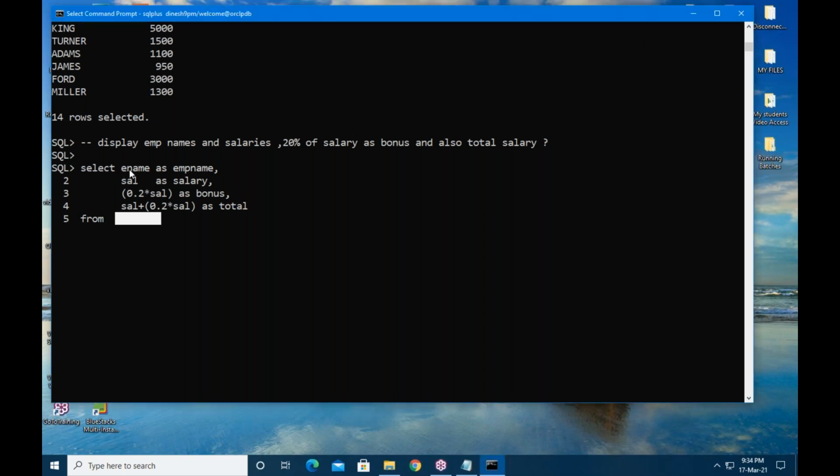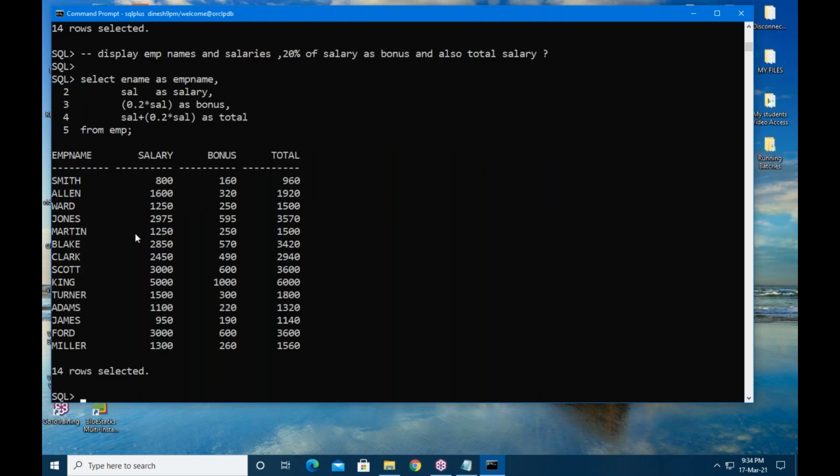In the select list, we have column names. These columns are not available from dual. So from which table are these available? EMP.